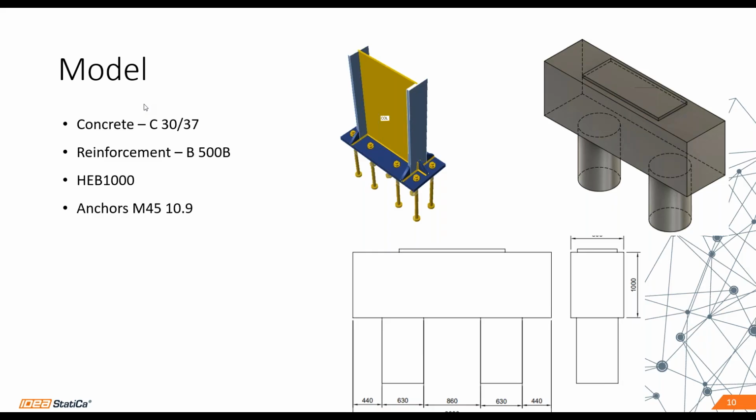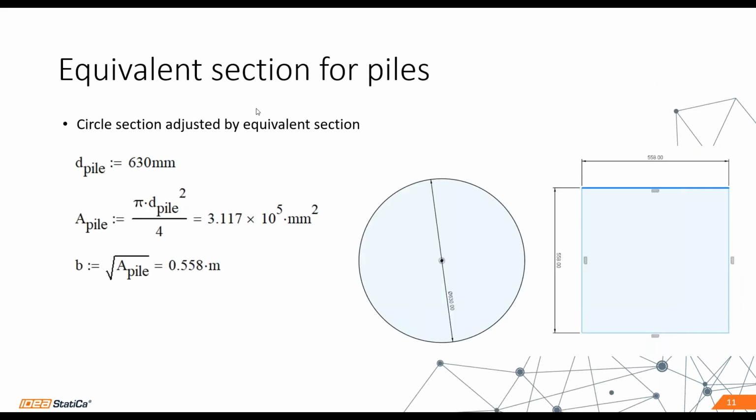The steel section is HEB 1000, and the anchors used for the analysis are M45 with a grade 10.9. So these are some assumptions, some inputs for the analysis,